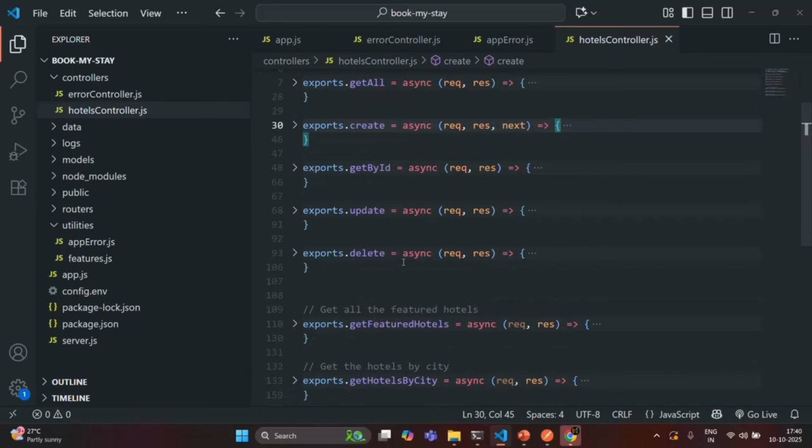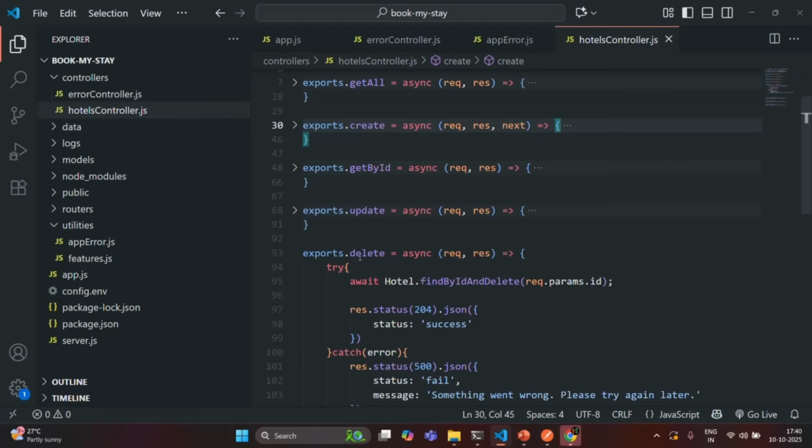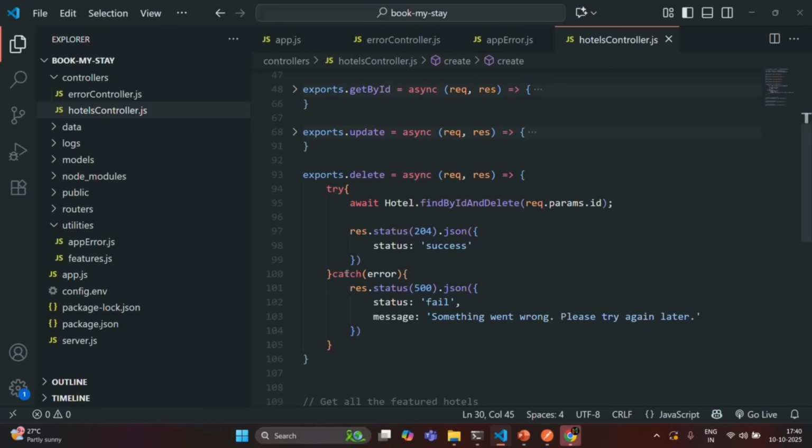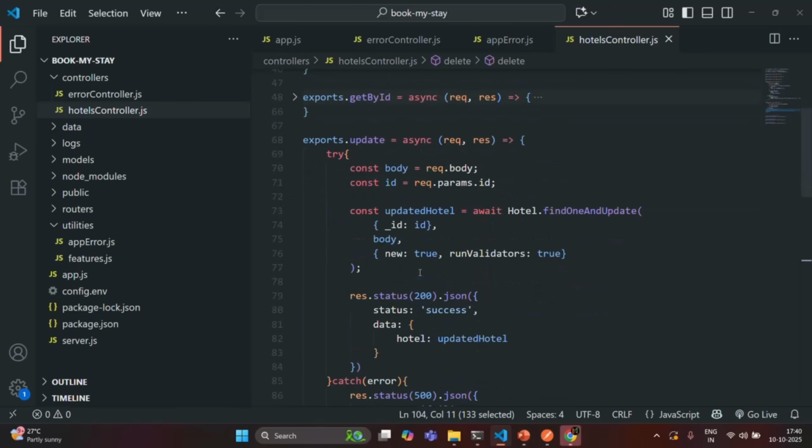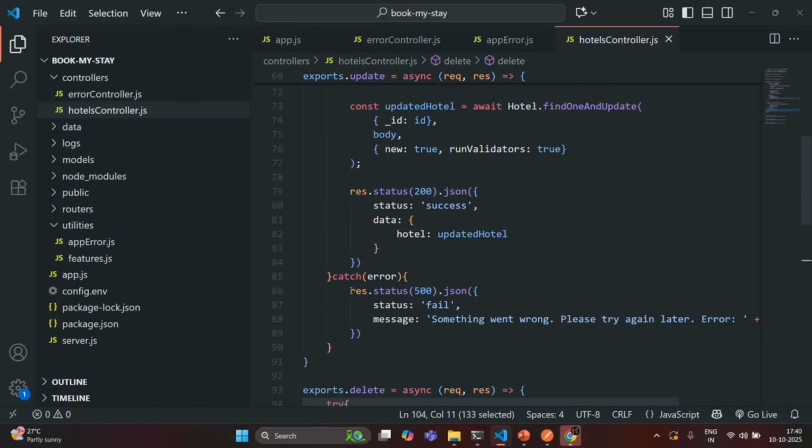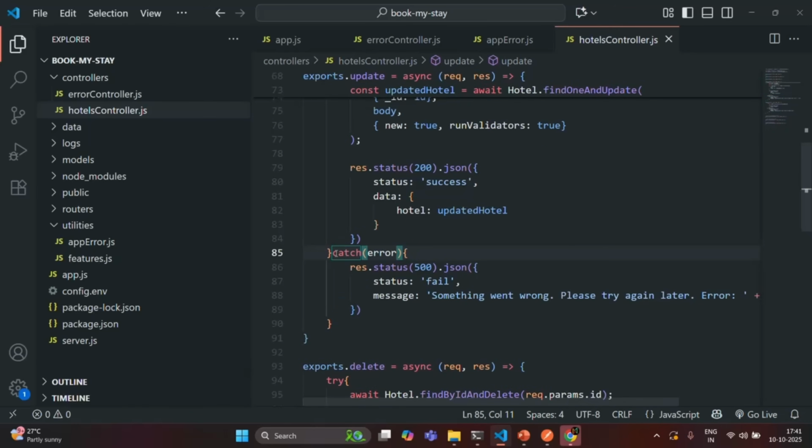But instead of doing it like this, what I want is, if you see, in all of these route handler functions, we have a catch block, and from within that catch block, we are sending an error response. And if you see, the code which we are writing in order to handle any error is almost same in all of these route handler functions. From the catch block, we are sending an error response to the client. So basically what we are doing here is we are repeating the same code in all of the route handler